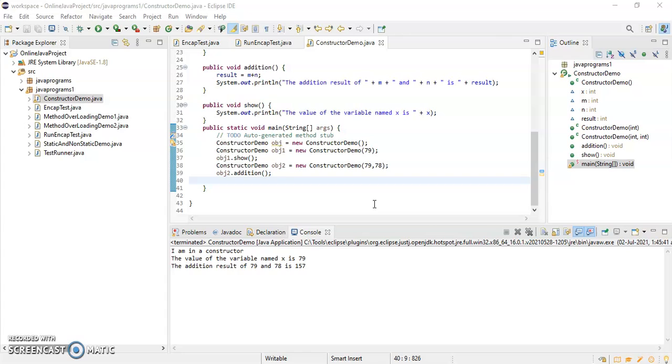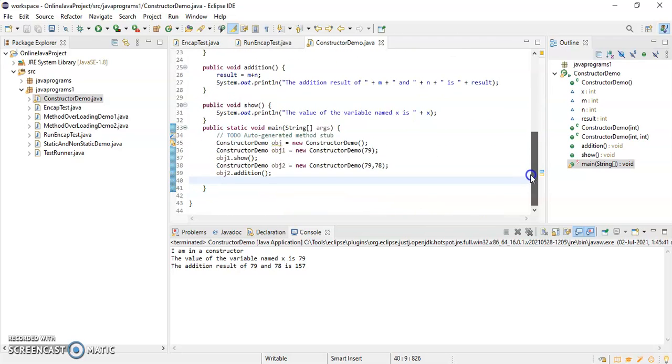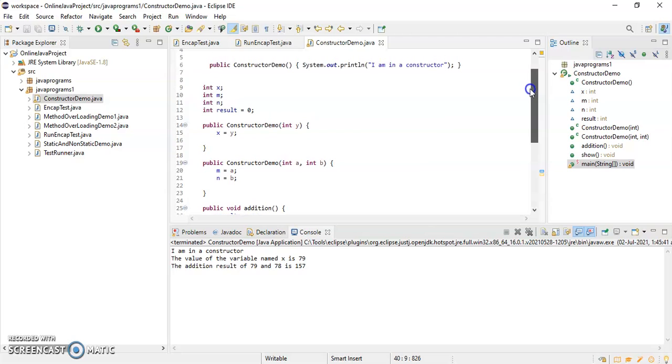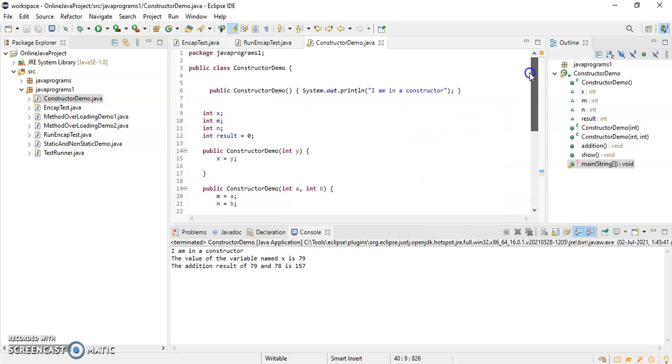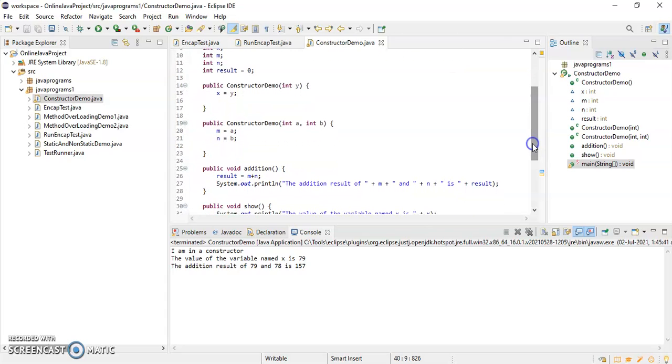As I said, this keyword is also used to invoke the current class constructor, right? We had seen this example when I was teaching you constructors in Java. Here I had given you an example of constructor overloading. I have created three constructors: one is the default constructor, one constructor has one parameter, and another has two parameters.